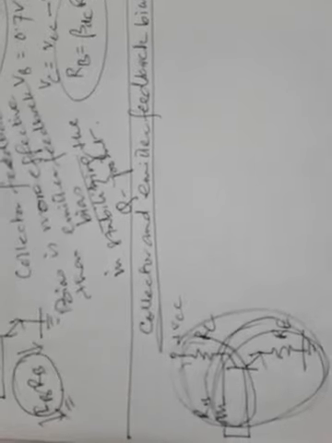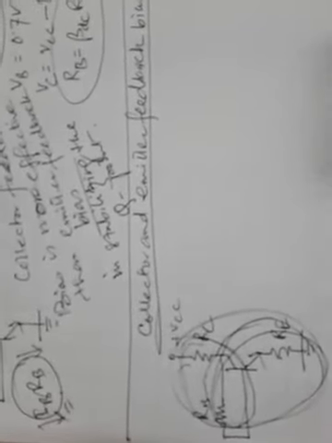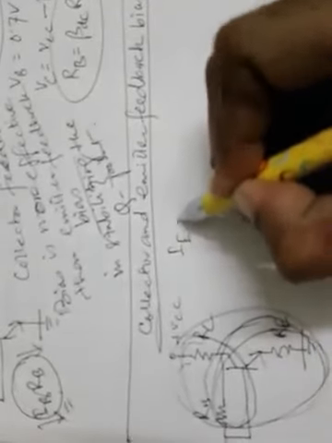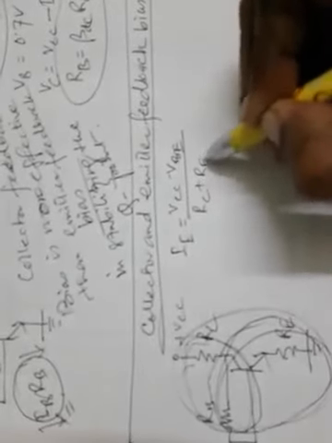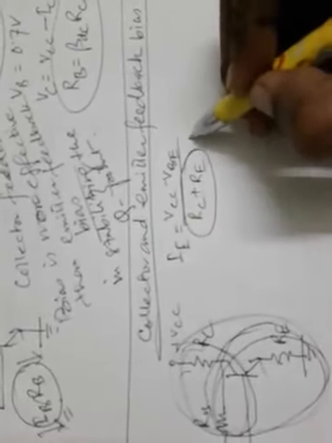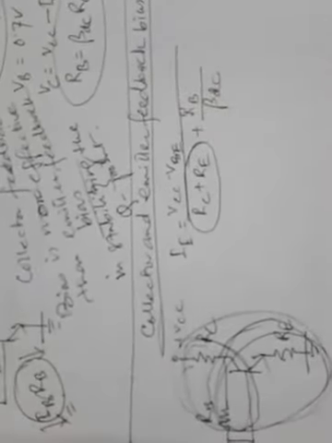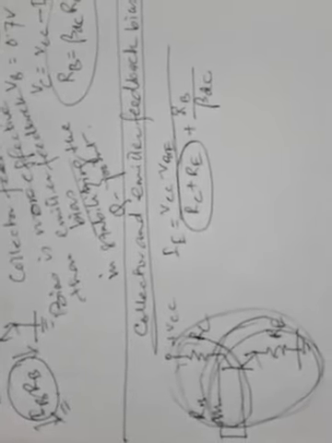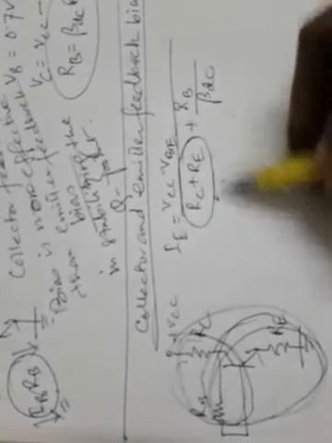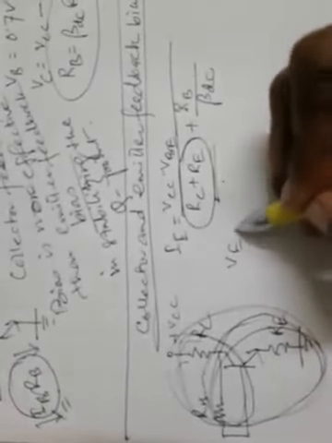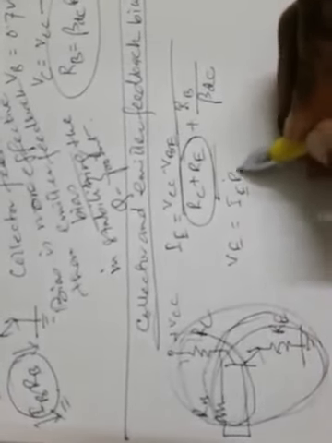So if you come across this circuit, the equations that will help you are IE equal to VCC minus VBE divided by RC plus RE, because these two are now combined, being the combination of two individual feedbacks, plus RB by beta DC. The first equations of the previous two techniques are combined in a single equation. Next, VE equal to IERE, VB equal to VE plus 0.7 volt, and finally VC equal to VCC minus ICRC.